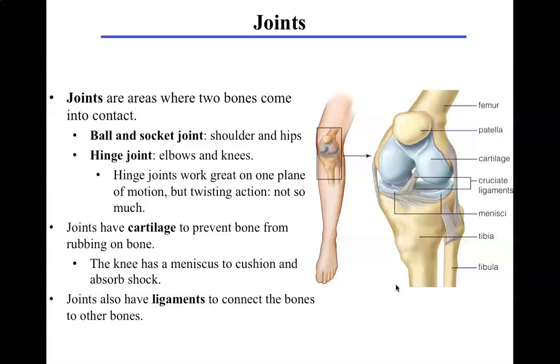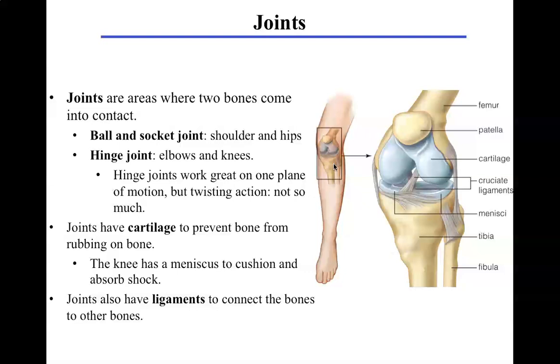So if you think about your shoulder, you can move your arm around, pitch a baseball, spike a volleyball, whatever, and that movement is because of the ball and socket structure of your shoulder joint. Hinge joints are like hinges on a door. They're good at moving in one particular direction, so your elbows and knees are hinge joints. And so again, your knee works really great